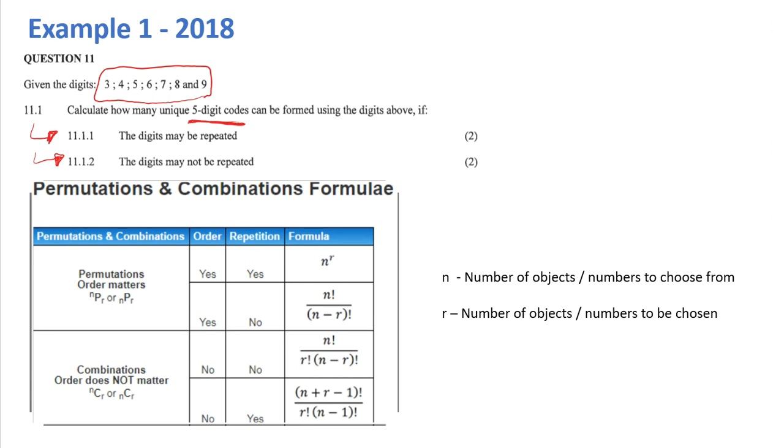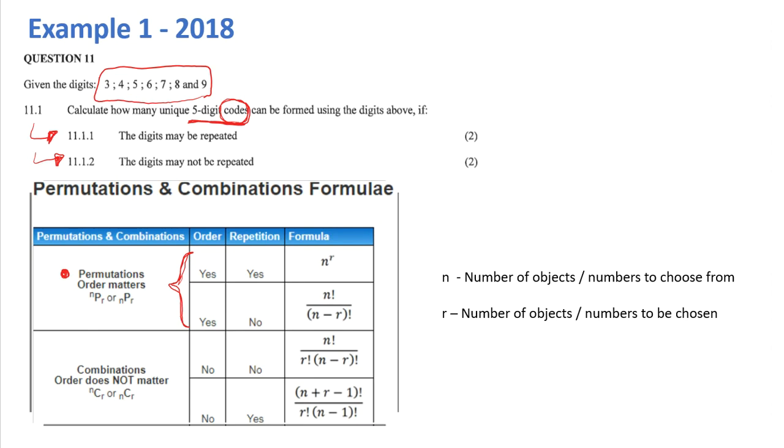What we're assuming when they solve this problem is that order is important. So I gave you this neat little table, and you have 2 options. You can either compute it as a permutation. The big assumption with permutations is that the order of these 5 numbers that you've randomly chosen out of the 7 numbers is important. And I think it's because you're creating a code that you're assuming the order is important. So then you use permutation